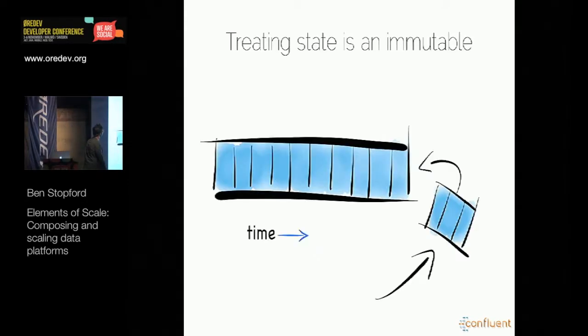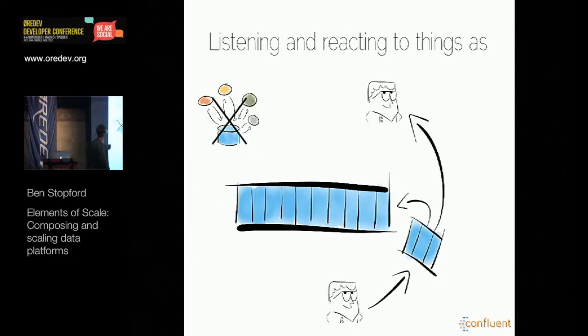So, things we like. We really like treating state as an immutable stream of data. Be it from a storage engine perspective, right up to big data or company architectures, this idea of a log, this idea of just appending writes to an immutable stream that captures all of our facts, is a really powerful idea. Secondly, we like the idea of not just having something on disk, but something that we can react to in real time, listening to all of the state changes within our system, as well as being able to observe them.